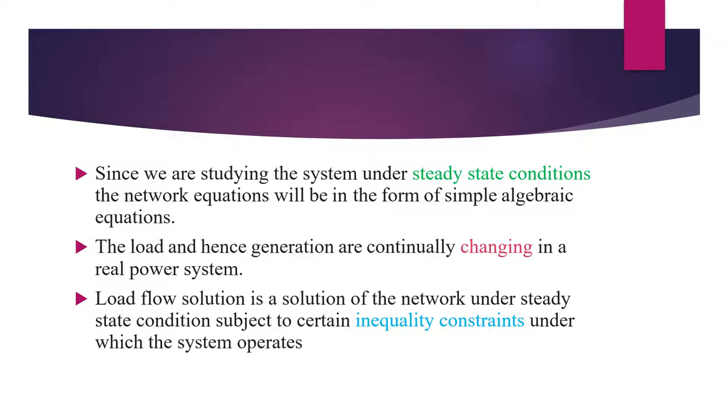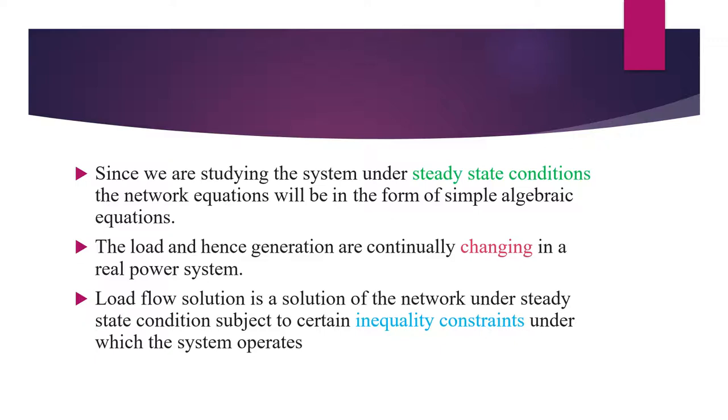In a power system, each bus or node will be associated with four quantities: real power, reactive power, bus voltage magnitude and phase angle. Two out of four quantities will be specified and the remaining two we have to find out using the solution of the equations. Depending upon which quantities are specified, these buses are classified as load, generator and slack. Already we have seen it in the previous class.